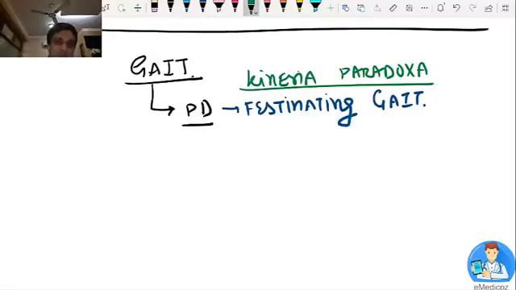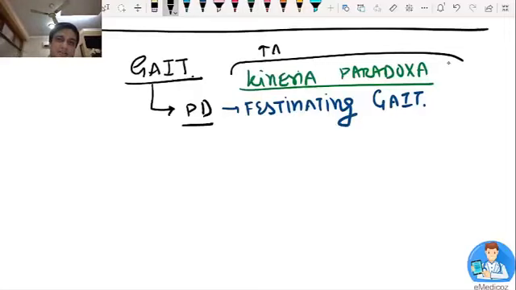Now, what is the meaning of the word paradox here? There is an increase in acceleration